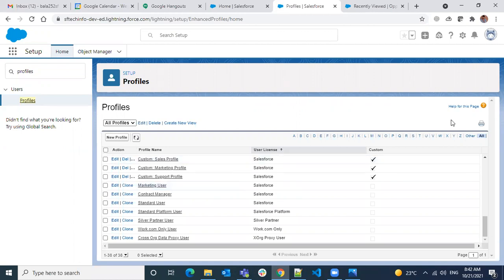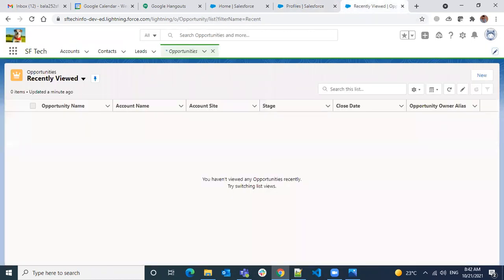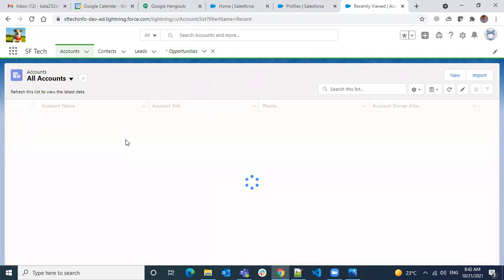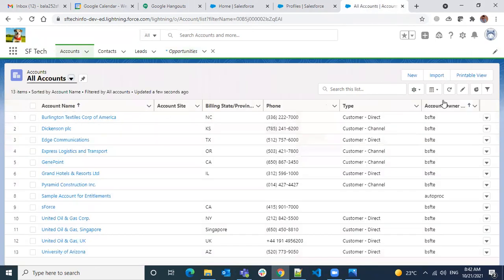And one more thing I want to explain is the help page. Whatever page you see, there will be a help icon everywhere. I'm not seeing any help here. This is a record, so there's nothing to help here.